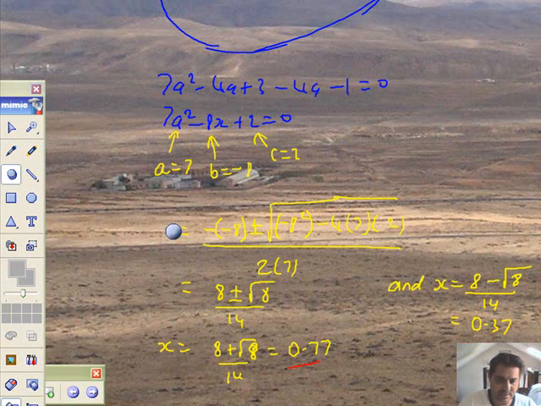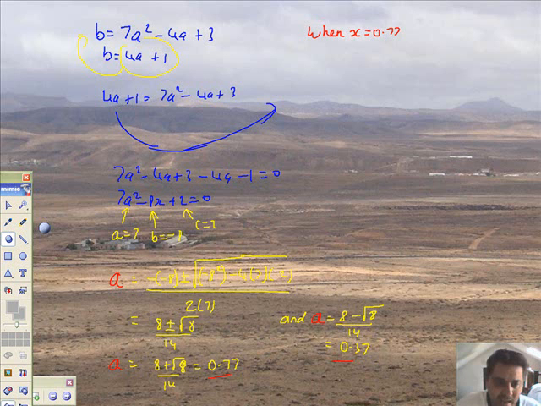So let's just change all this into a, because I've got rid of all the b's, haven't I? So instead of x's, it's in fact a, and get rid of this one as well. That is also a. They didn't have to be this awkward, did they? Anyway, the maths is correct. The styling is wrong. Right, so a. So when a equals 0.77,